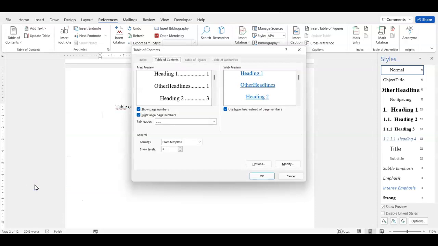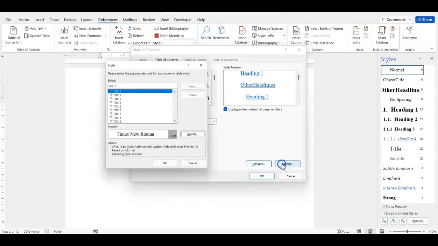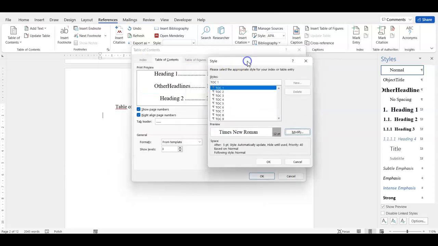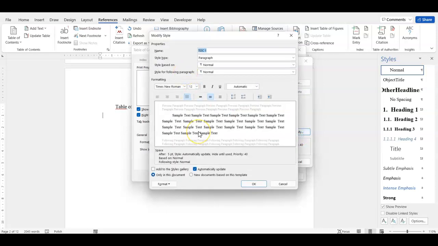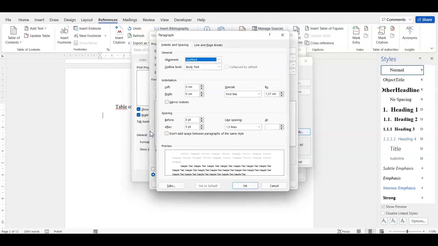But we need a custom one because there are some specific formatting guidelines that we have to follow right now. So we click modify here, and for each table of content level, we will set our formatting. So we go to .1 modify, and here we have to fill some basic formatting settings, mostly about the indentation